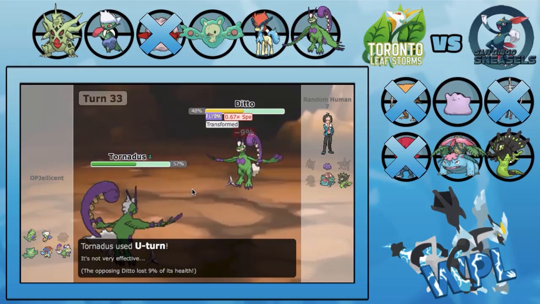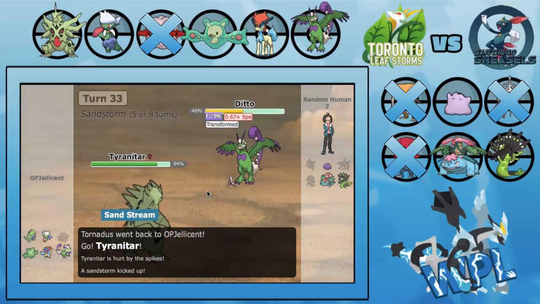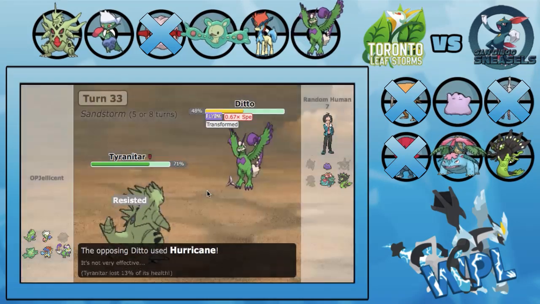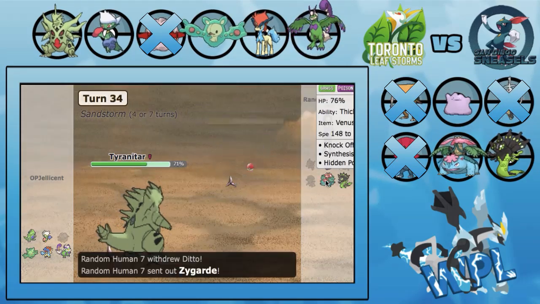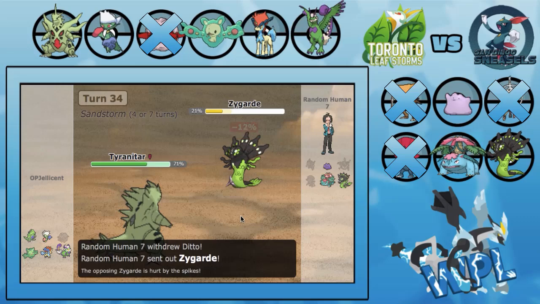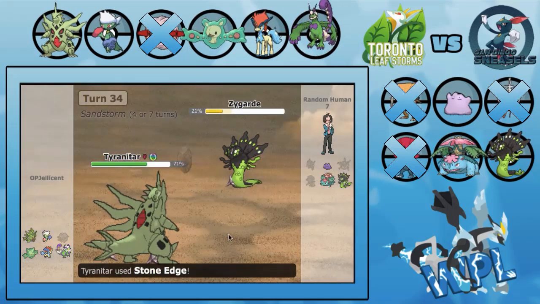I do win the Speed Tie, which is a little bit lucky, but I can bring in my Tyranitar right now. He is obviously just going to go right for the Hurricane. This next turn, I just go right for the safe Stone Edge. I could have Ice Punched, but I didn't want the Venusaur coming in. He goes out into Zygarde. I do miss the Stone Edge, but I think even from 21%, it didn't kill